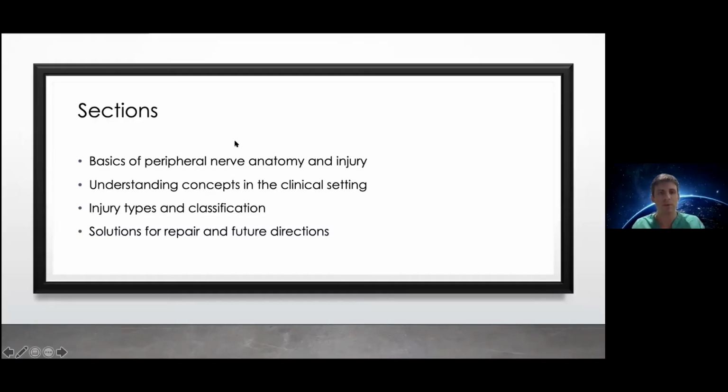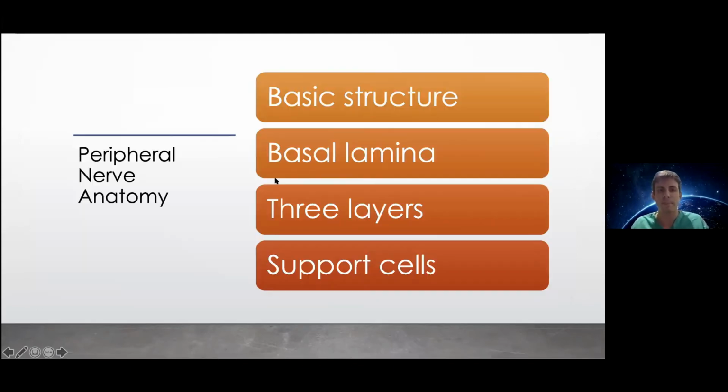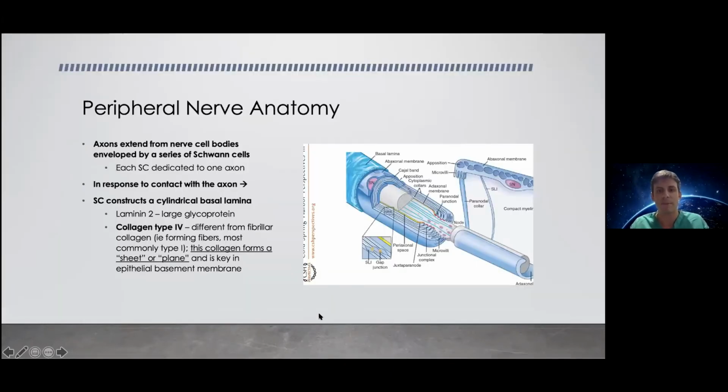So here's our sections and outline of the talk as I just went over. Let's just talk quickly about the nerve anatomy. Basically, do we have all of our juniors on here? Okay, seems pretty good. Okay, so anyway, axons extend from the nerve cell bodies and get enveloped by a series